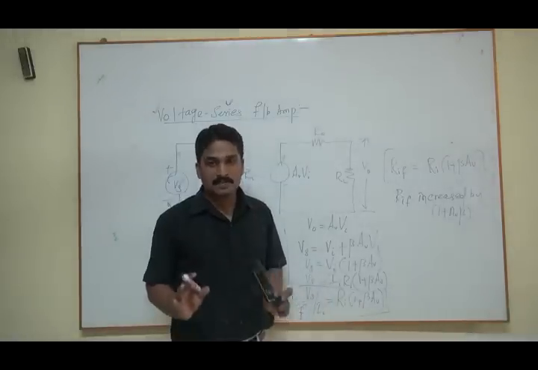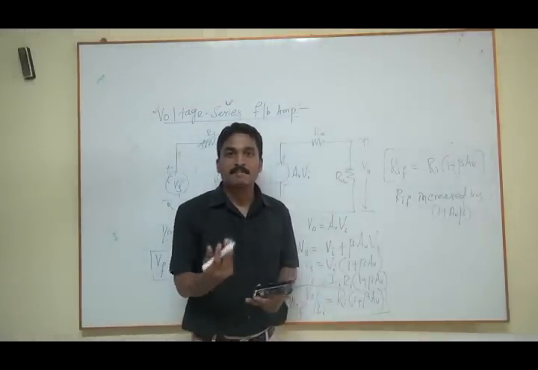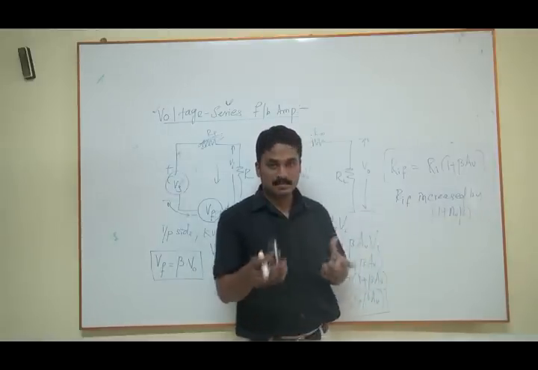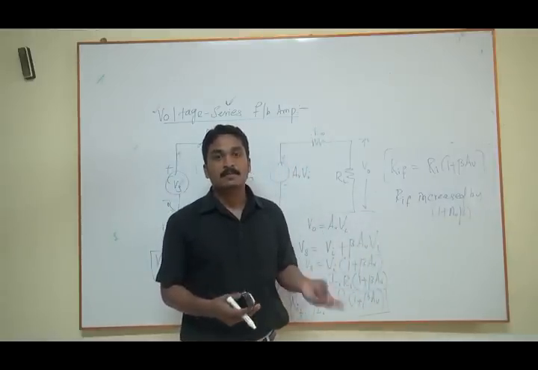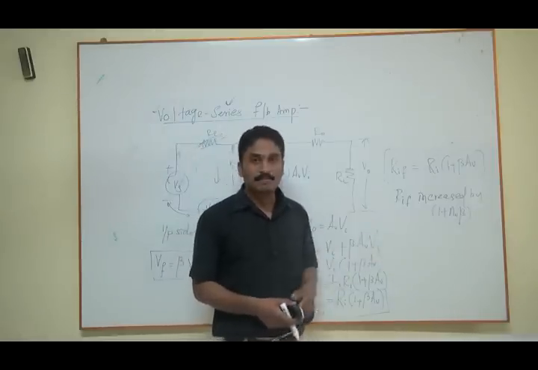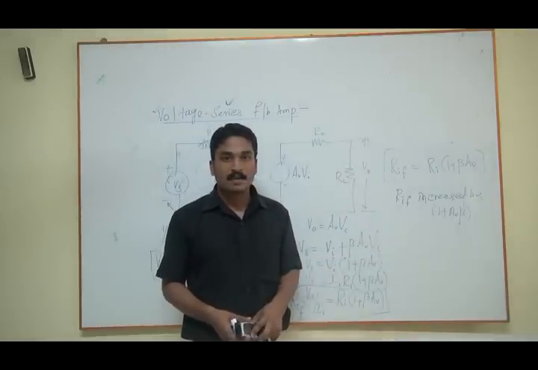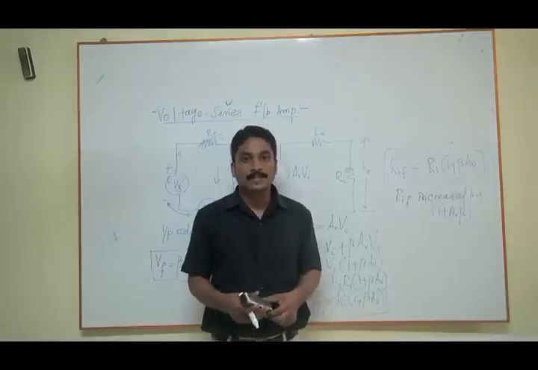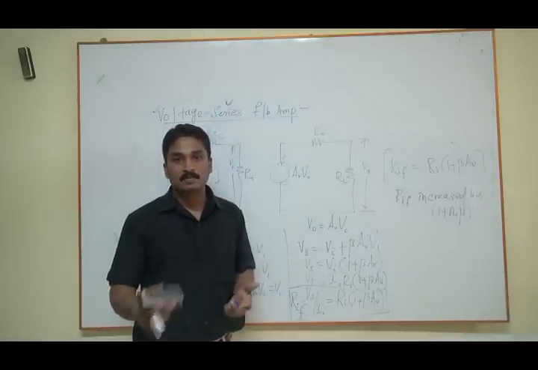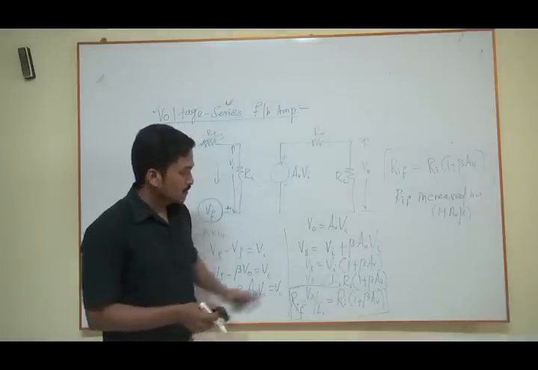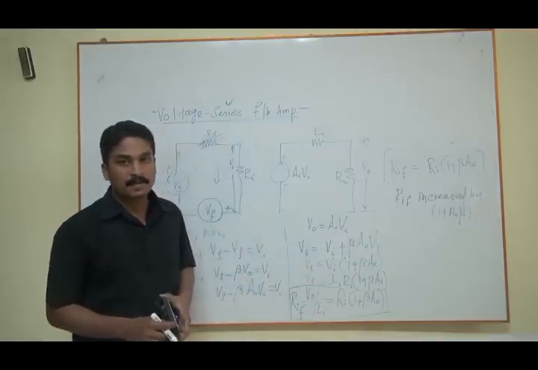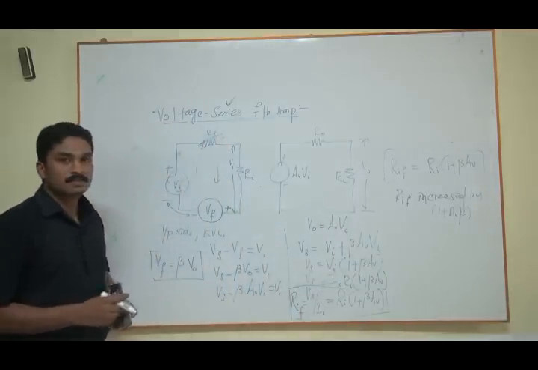So in the voltage series feedback amplifier, your input side resistance can be modified by changing the beta value. That's why I told you that you can modify the input side resistance and output side resistance by using negative feedback amplifiers. We have a proof as this. Clear? And we'll find the output side resistance also, how it varies with respect to negative feedback. So the input side resistance RIF is equal to Ri into 1 plus beta AV, and let us find out the output side resistance.